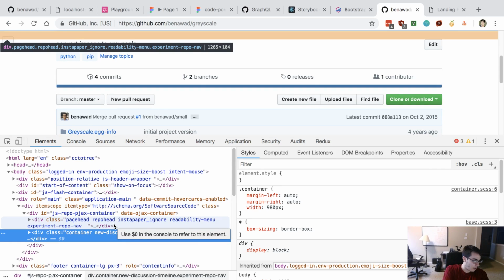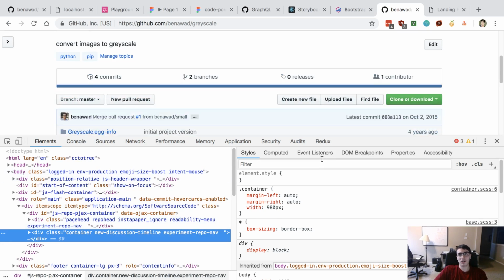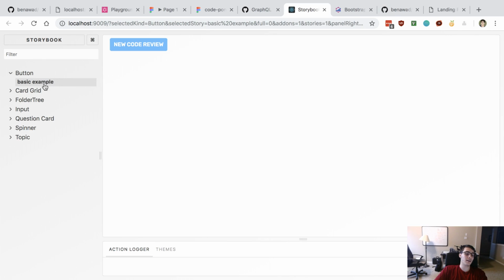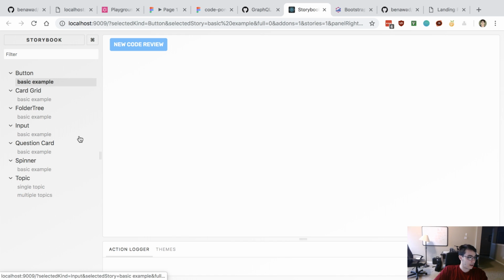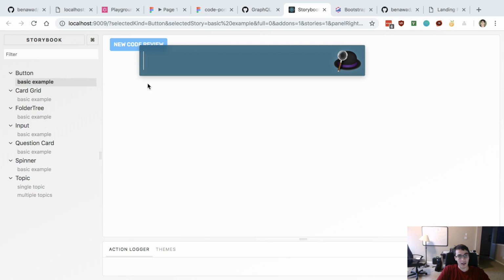Hey Ben, first time here. What exactly is the use of Storybook? What I'm using Storybook for is that I can see all the components that I have, and if I want to work on a component, I can view it here and work on it in isolation. Yeah, exactly what Francis said. I don't think you want it to be responsive. What did you use to calculate the ems? I just divided by 16.